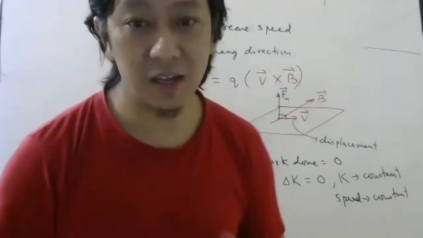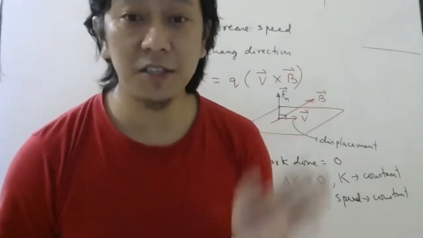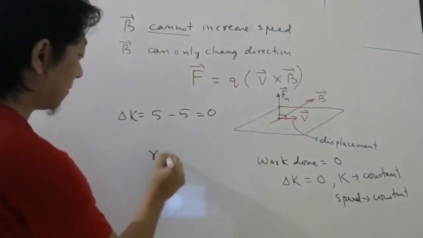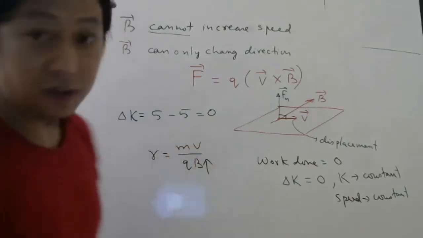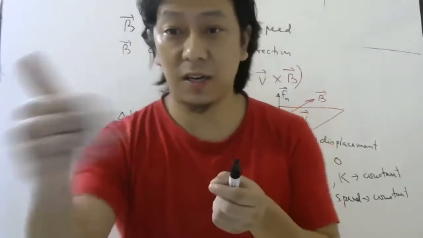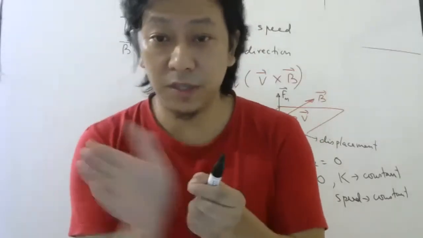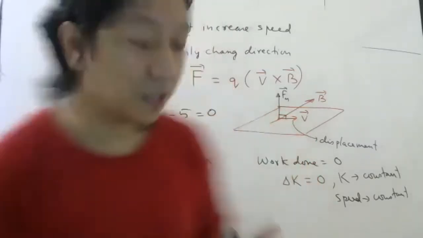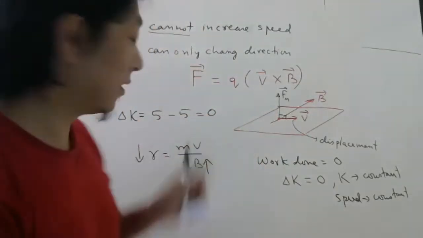Those who made the mistake, and somebody was saying by changing the strength of the magnetic field, you will change the radius. What was the formula for radius? mv by qB. If you increase the strength of the magnetic field, the radius will be smaller. So it will move in a small circle, which means small radius. By increasing the strength of the magnetic field, you can change the radius, but not the speed. Okay, students?